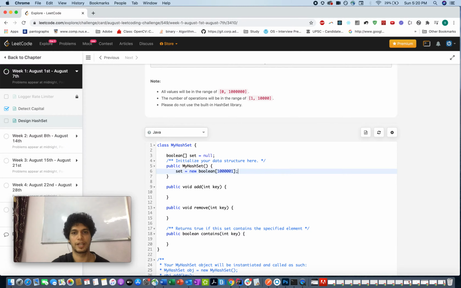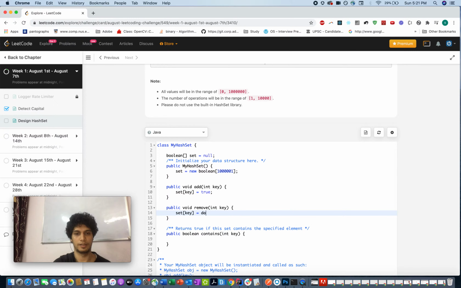I'll add one for an extra, since it's 0 to 1 million. Don't forget that, it's important. And if you want to add the value, then you can update the value to be true, and if you want to remove, set the value to be false.